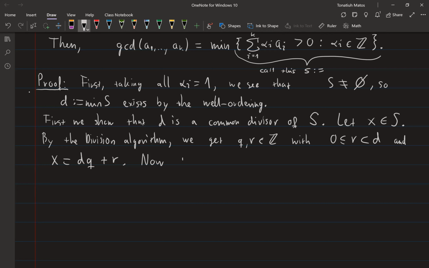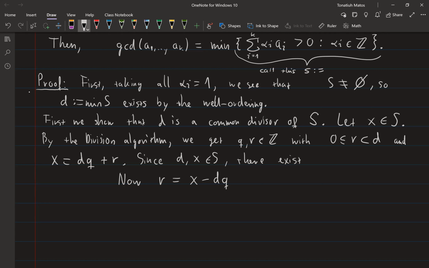Now we do the same trick we did earlier in the proof of the extended Euclidean algorithm, right? Which is solve for r. Now here's something interesting. I think I will have to write this down. If I want to tell you what r is, maybe I should give these elements a name, right? So since D and X are elements of S, there exist